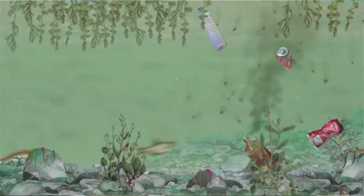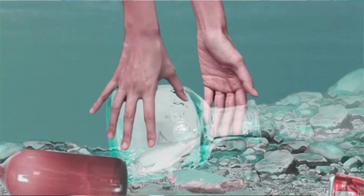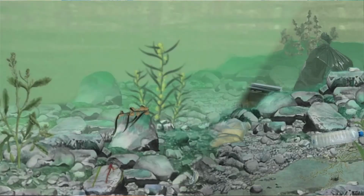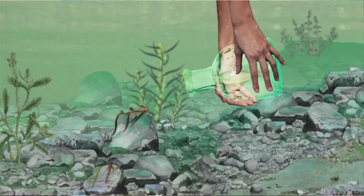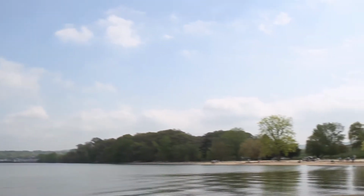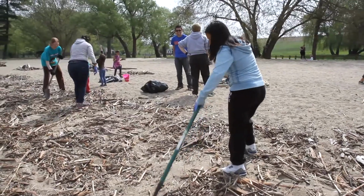both artistic and appealing to the public so that the story about the environment can be told in a much more creative way. To visually tell the story and still have a meaning and a purpose behind the story is really what we're after. The beauty of it comes about through the learning and the education at beaches as well